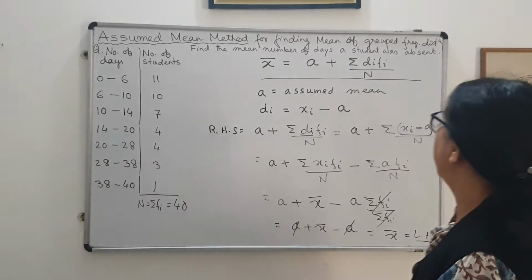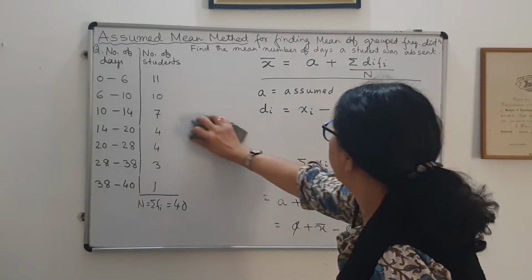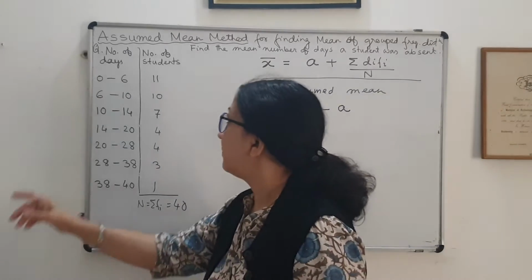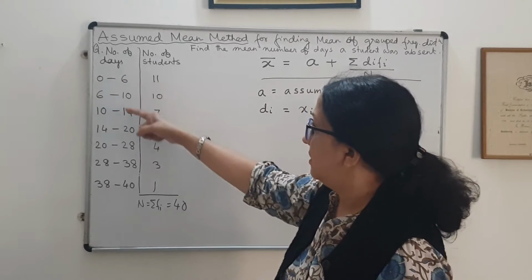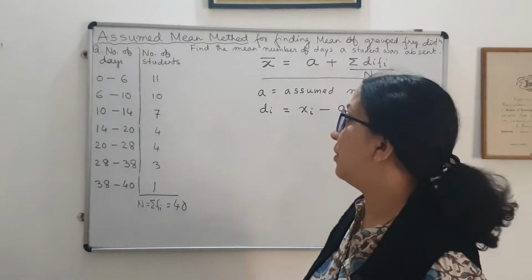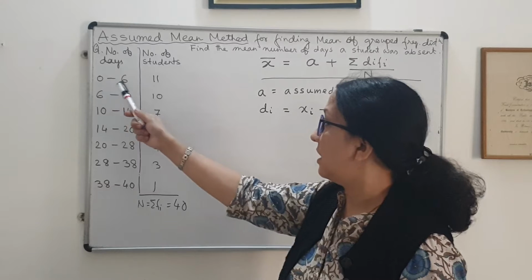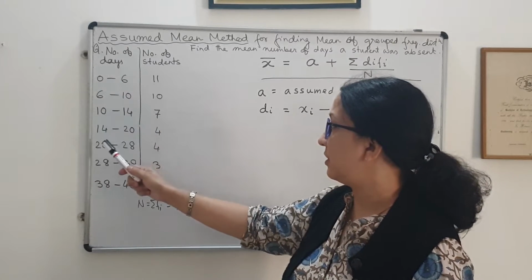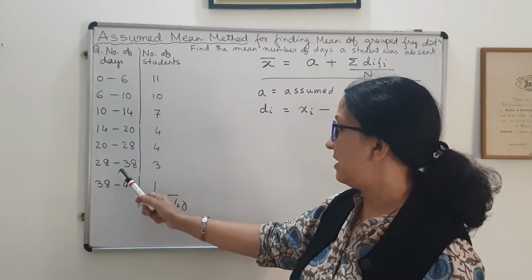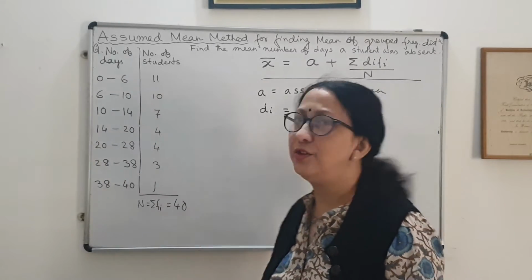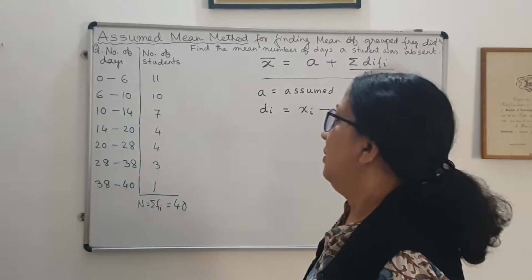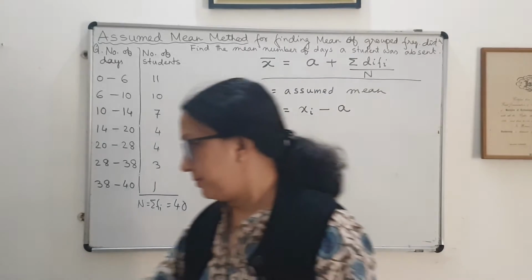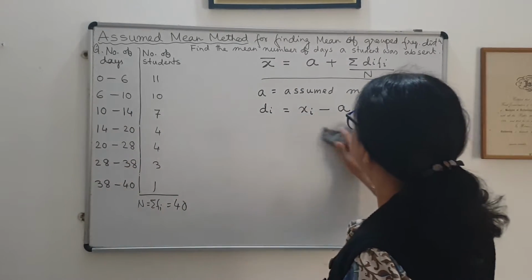And one more thing, why we choose the assumed mean method: if you observe, the class sizes are not uniform. The first class size is 6, the next is 4, then also 4, then 6, then 8, then 10, then 2. So the class size is not constant here. In that case, the assumed mean method is suitable. So let us proceed.